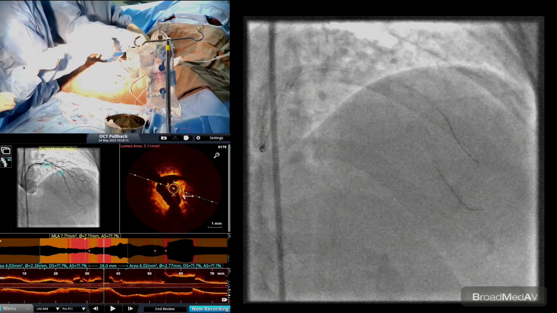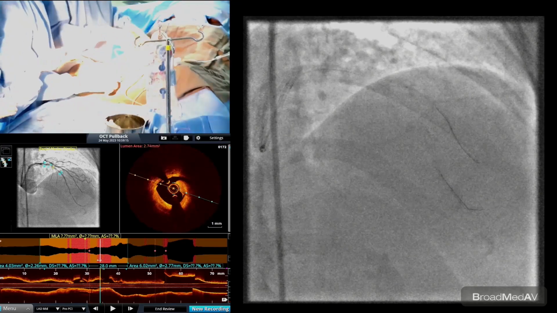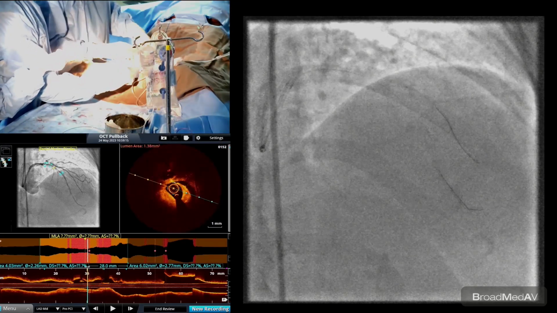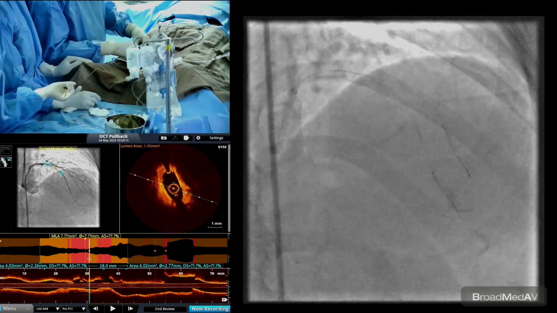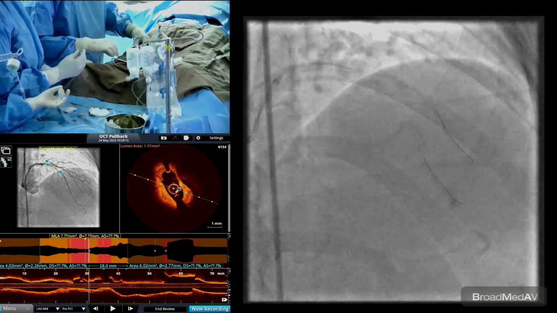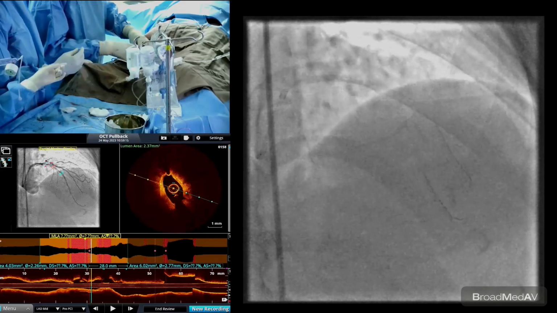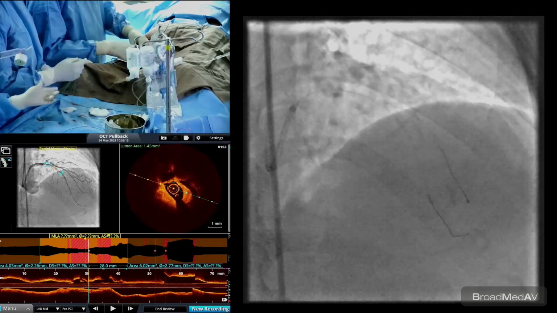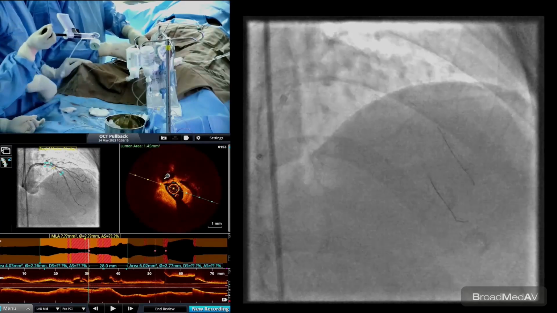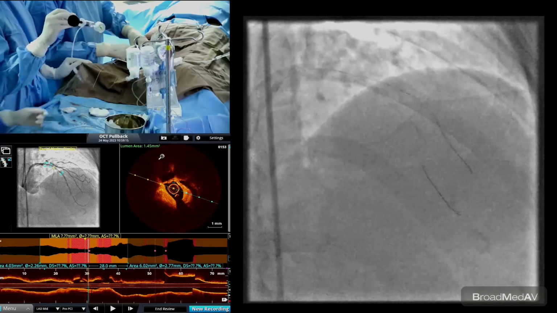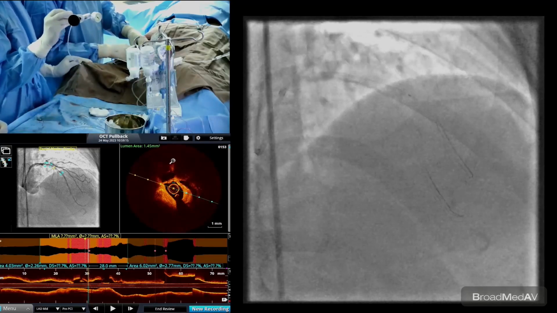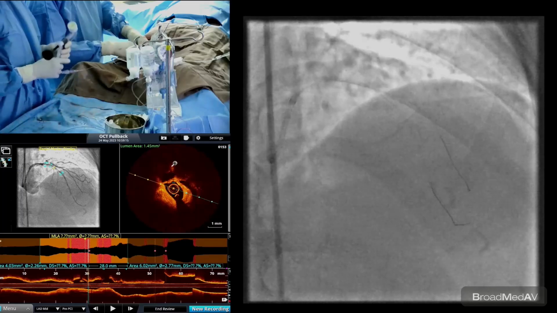Can you show them the diagonal? So I am moving towards the diagonal ostium. We can see the wire. The 12 o'clock position is the diagonal wire. It's just entering into the diagonal. We can see clearly the diagonal ostium is diseased, but it's a focal disease, which means it is not extending beyond 5 millimeter of the ostium. Hence, maybe we can get away with only the dilatation and a provisional single stent